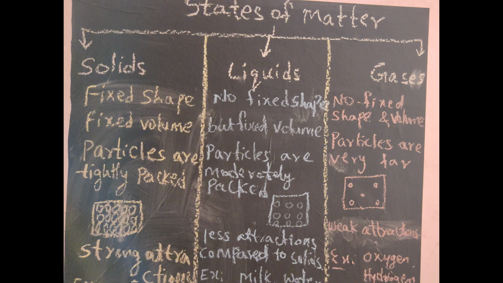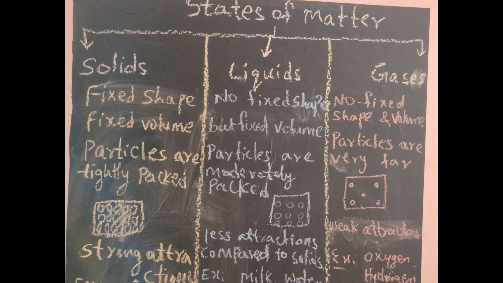That is the reason liquids are going to occupy the shape of the container. For example, if I pour 1 liter of milk in one glass, it is going to occupy the shape of the glass. The same amount of milk, if I pour in a round bottom flask or conical flask or any other type of container, it's going to occupy that shape, right? Liquids are going to occupy the shape of the container. Next point, they have less attraction compared to the solids. I already discussed this point.